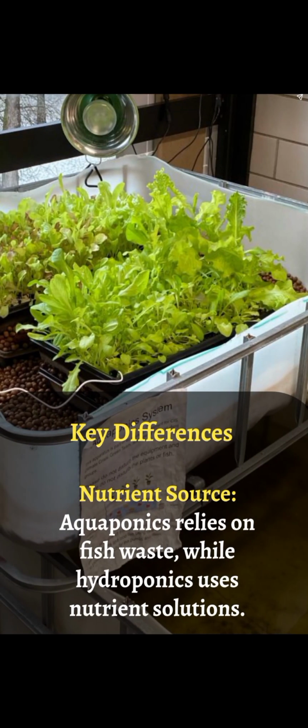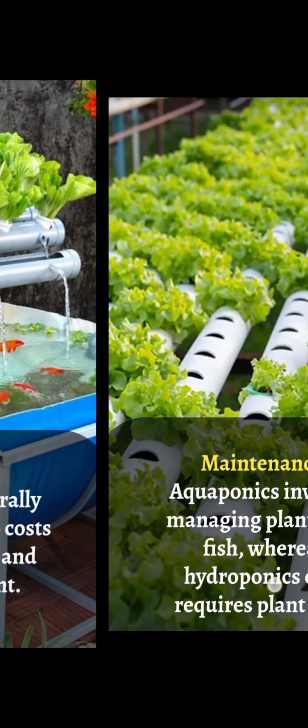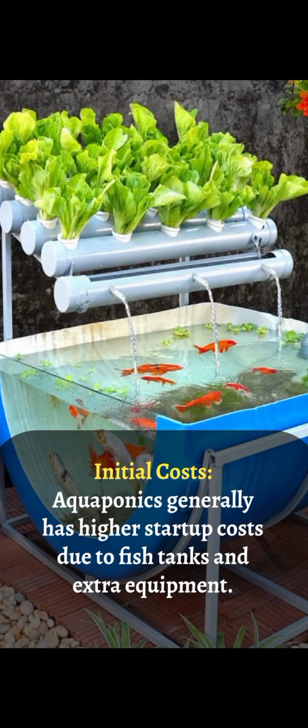Key difference between aquaponics and hydroponics: aquaponics relies on fish waste, while hydroponics uses nutrient solutions. Maintenance of aquaponics involves managing plants and fish, whereas hydroponics only requires plant care. Initial cost: aquaponics generally has a higher startup cost due to fish tanks and extra